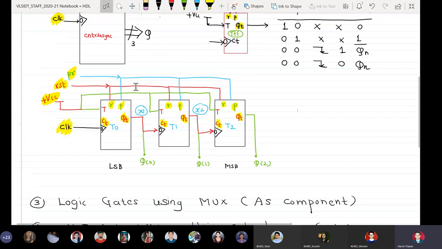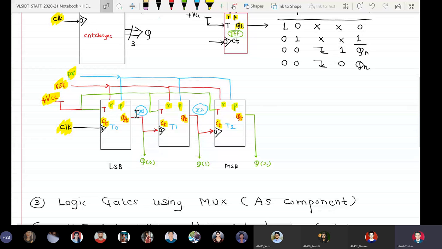So reset and preset. So R and P of T0. So reset, preset, clock, T and QT. So R of T0 connected to RST, P of T0 connected to PR, CT connected to CLK, T connected to VCC, and QT connected to X1.